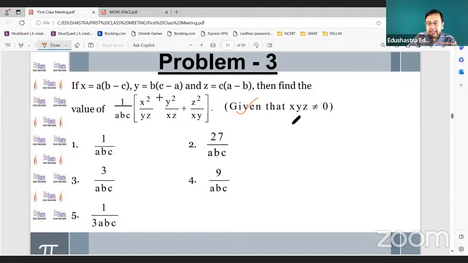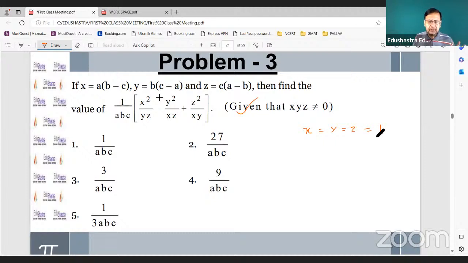So if this is saying x into y into z is not equal to 0, what I do, I take x is equal to y is equal to z and say this is equal to 1. Okay. This does not tell you that the variables are different